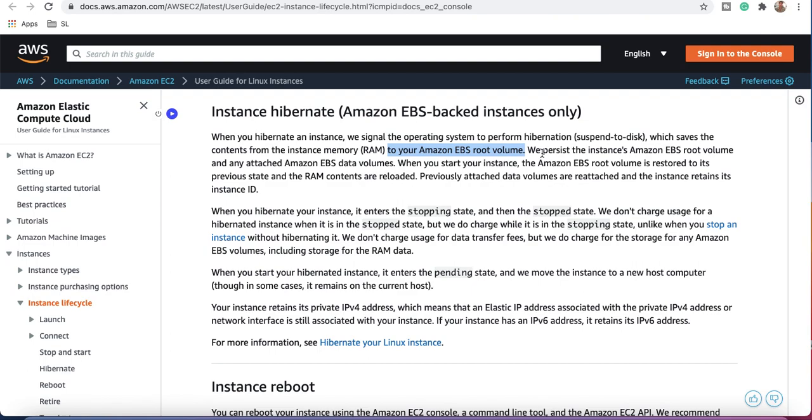It is going to be persistent, so whenever your system comes up once again, it will read the data from that particular partition where it wrote the data, and once again the data will be available in RAM.